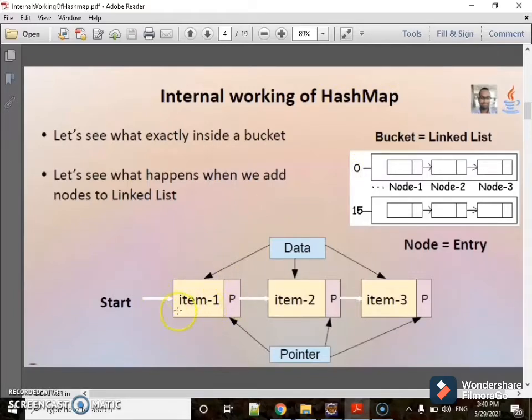Whenever we put the second node into the hash map, the first node pointer points to the second node data, and whenever we put the third item, the second node pointer points to the third node data. This is how the bucket looks like and how the data is added to the linked list.